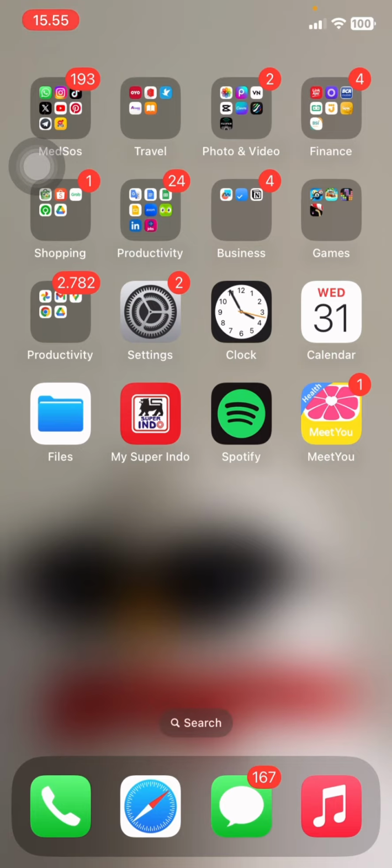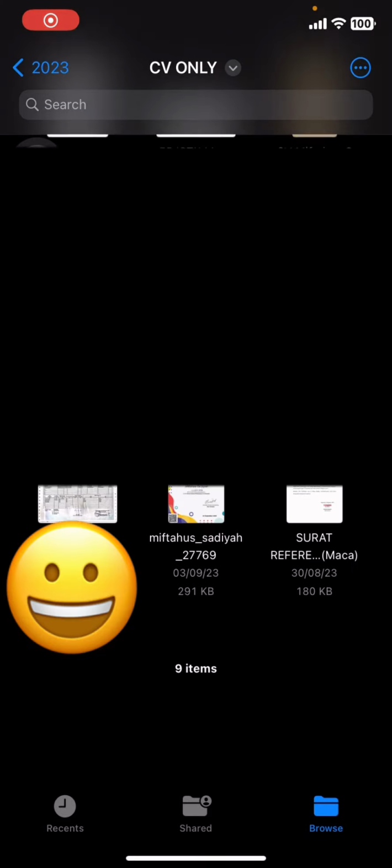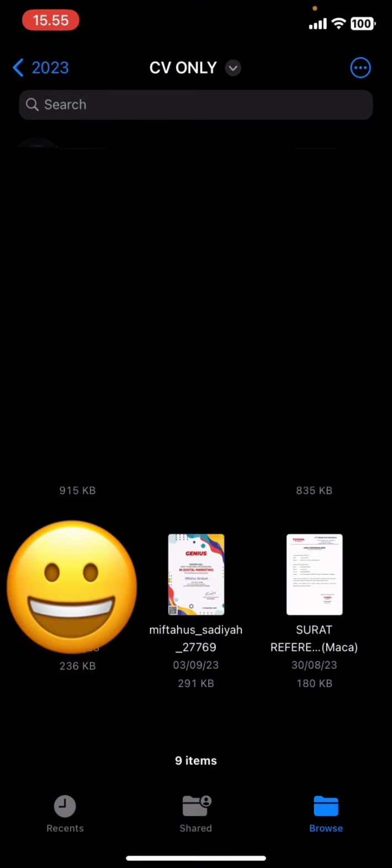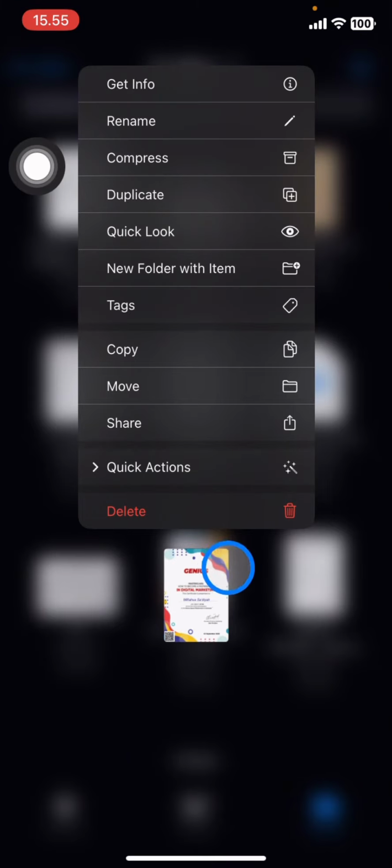So the first thing that you have to do is just find the files that you want to share with your friends. You just need to find the files, and after that you just need to choose one of the files that you want to send and click and hold until several options pop up over the document. And after that you just need to click this share button,